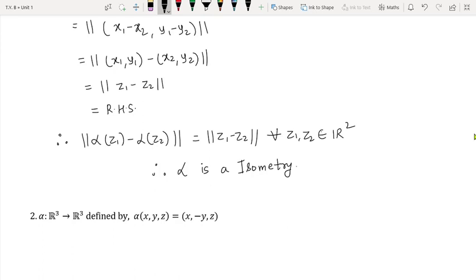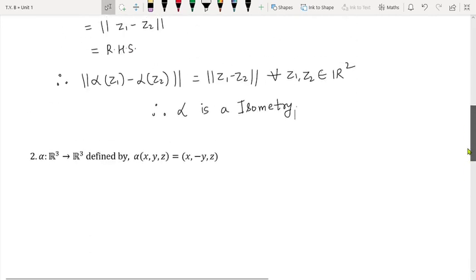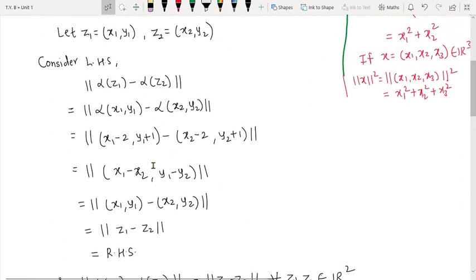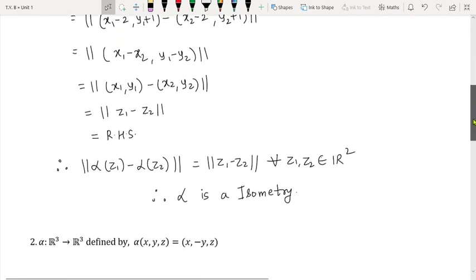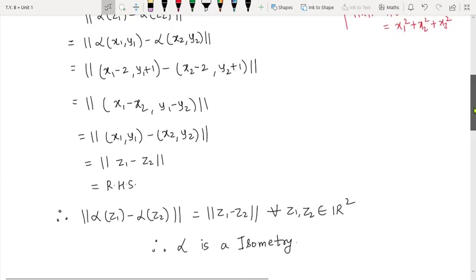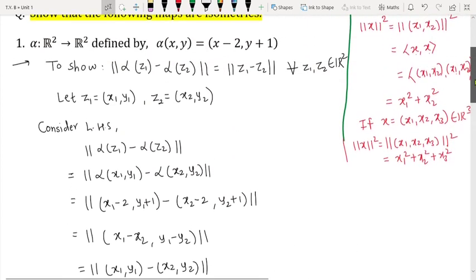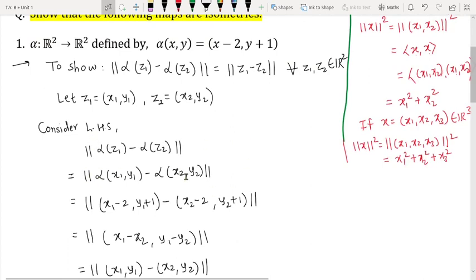Okay, now see, this was a really easy example, so we got it easily, but it is not straightforward always. This was quite straightforward and simple. There may be difficult examples as well. So whenever there are some complicated examples, instead of proving this directly, LHS is equal to RHS, what we do is we prove that the squares are equal. I hope you are getting my point.